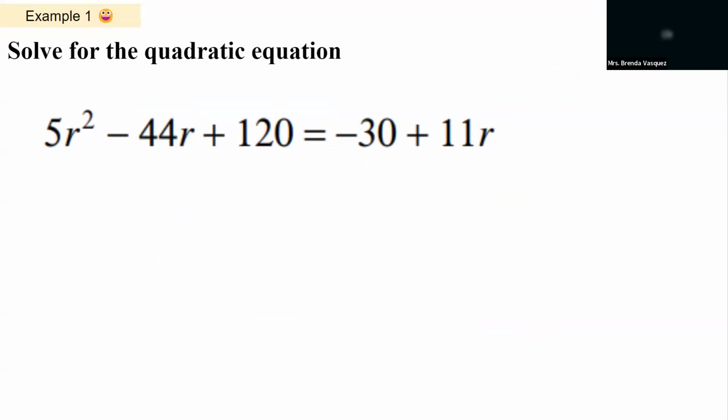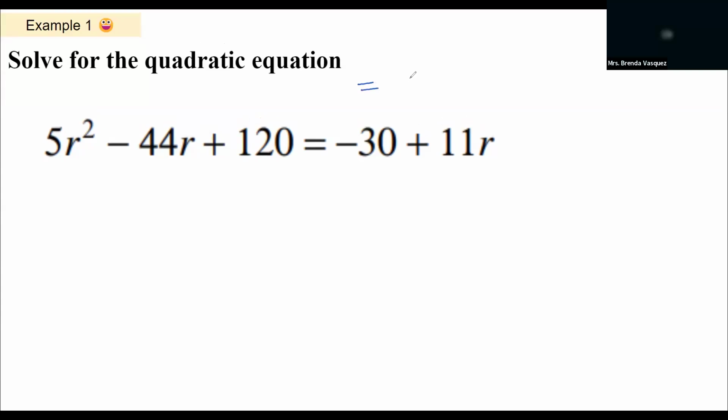You do the same procedure, and you combine like terms. So we are used to seeing our right side equal to 0, but this time we don't have one term, we have two terms on the right side. How do we manipulate our equation so that our right side is equal to 0? We're going to do the opposite, the inverse operation. So we are going to add 30,